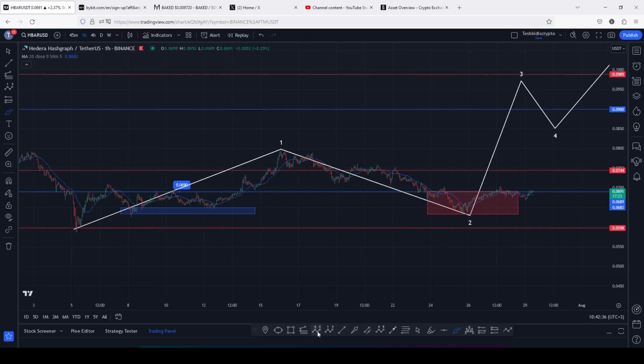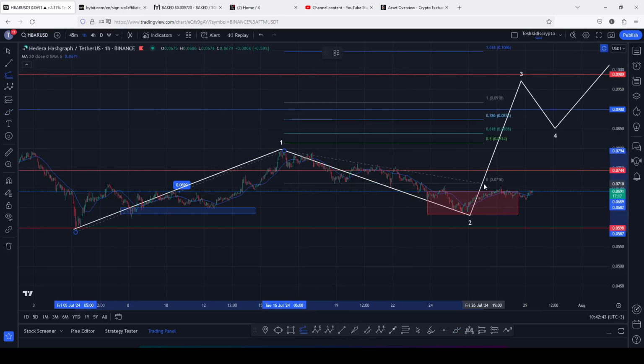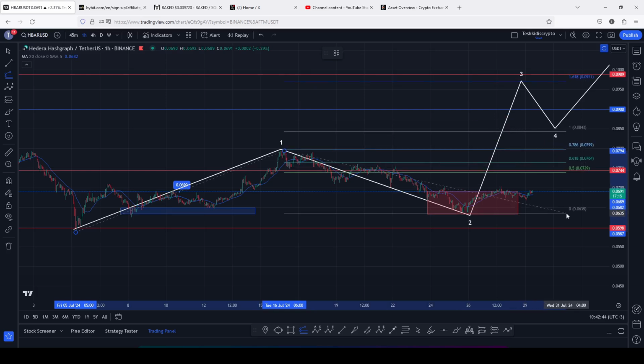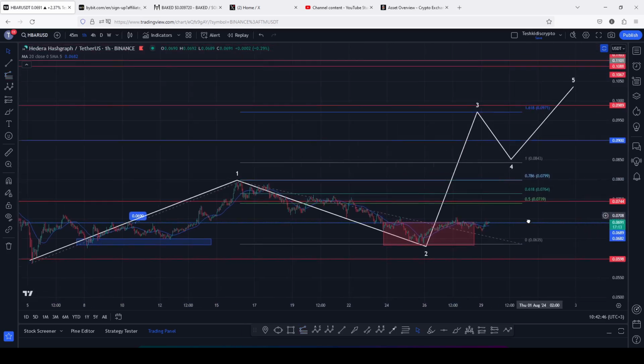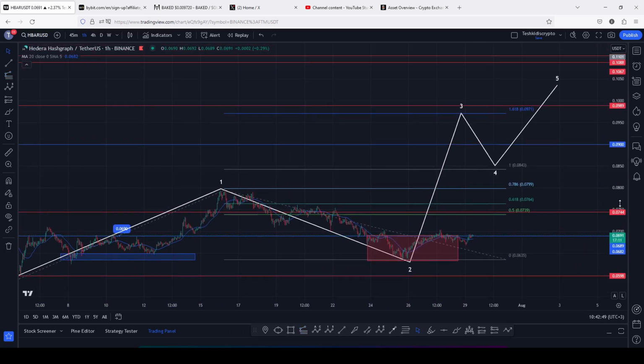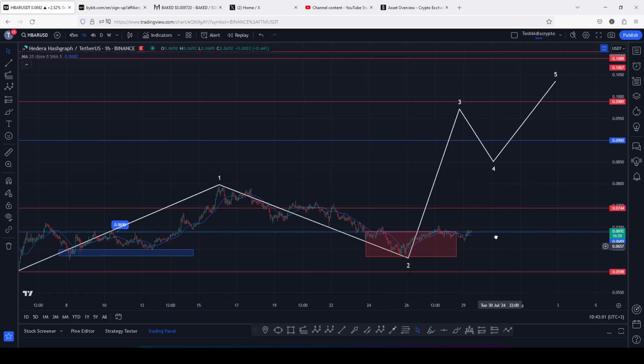connecting the trend-based Fibonacci from the low of that first wave to the high of that Elliott wave count 1, then dragging the fibs to the low of the second wave, giving me a minimum target area for the third wave at the fib level 1.618, which perfectly lies above the 0.0971. And for us to fully maximize those target areas in the next coming hours, we first need to see